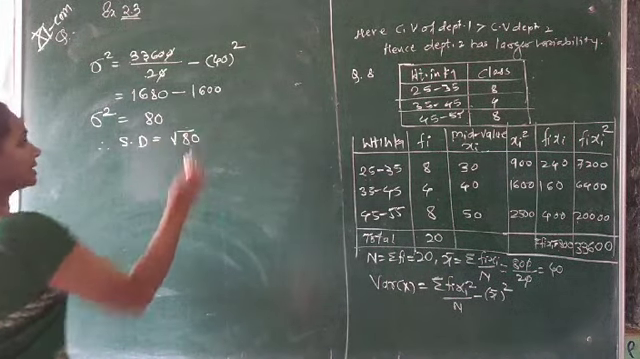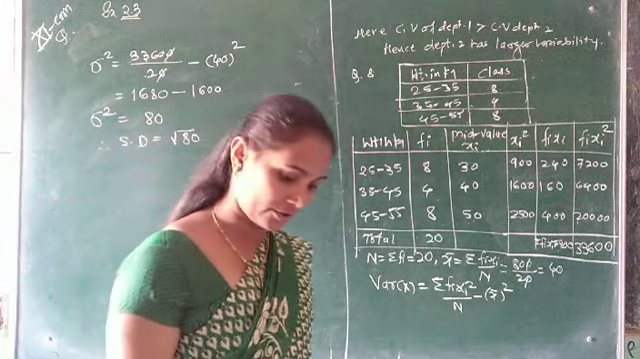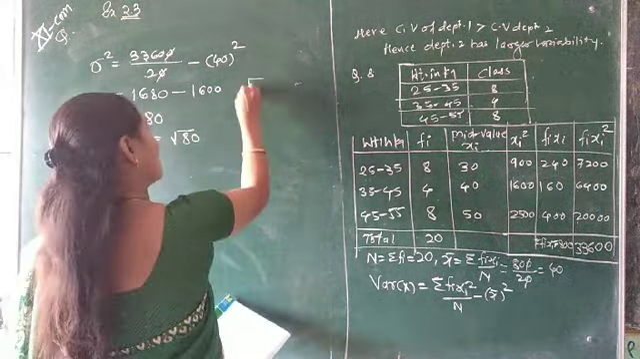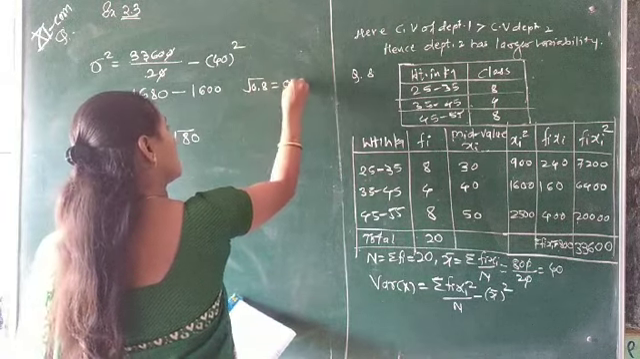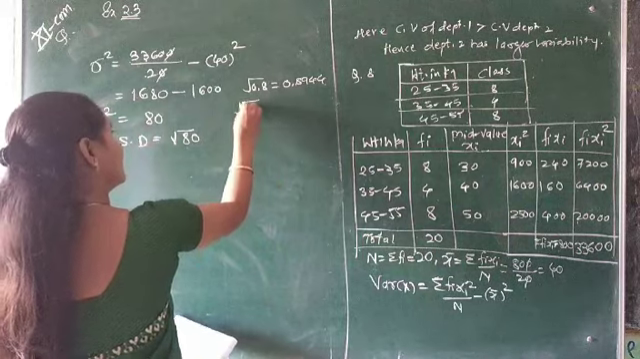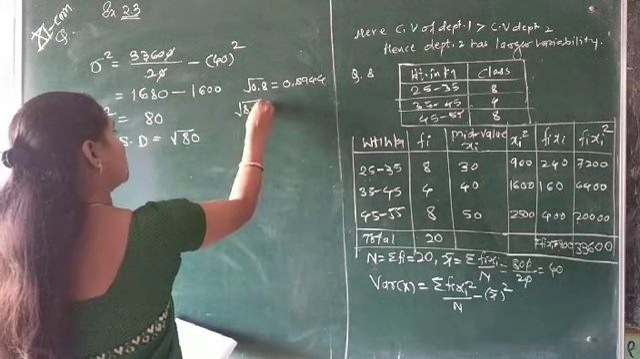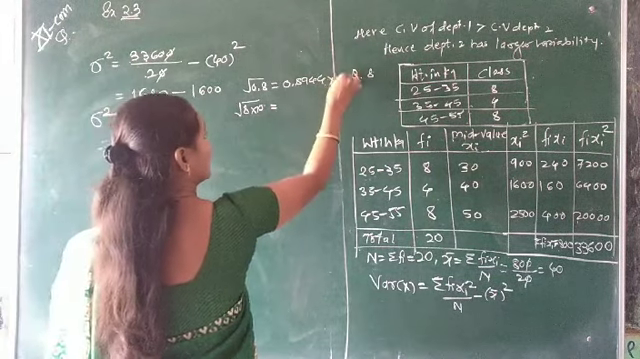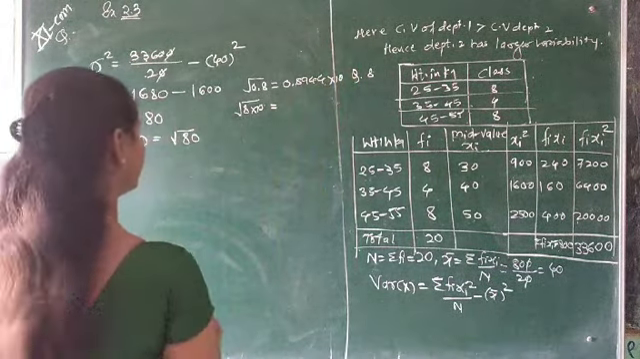That is root 80. And here we have been given the value of root 0.8, it's 0.8944, but this is root 80. That means which is 8 into 10, root 80. Since here we are multiplying by 10, then we will get,